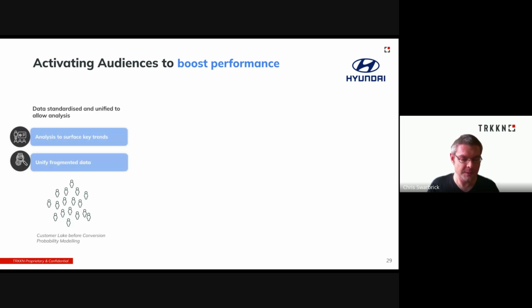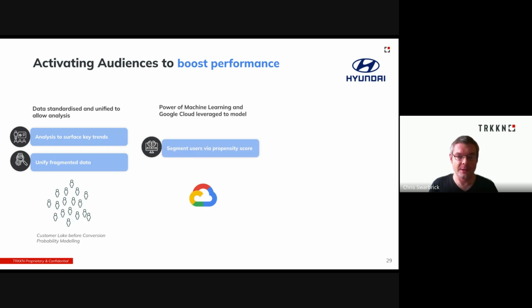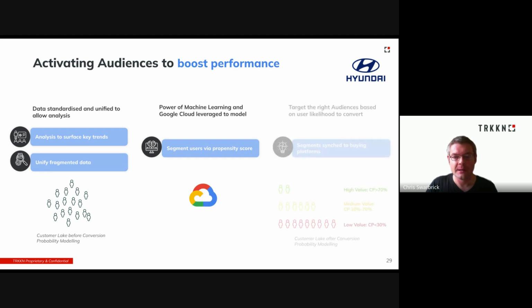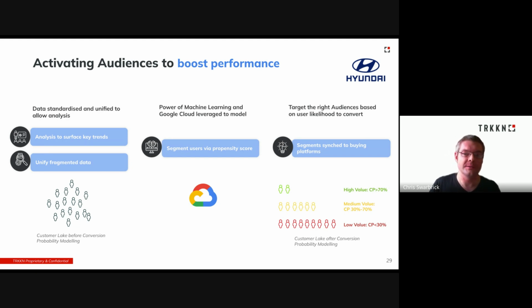So the first step was to bring all that information together and create a unified data lake. This created the richest possible data set from which to surface trends and signals. Next, these learnings based on historical data were used to build a predictive model. By utilizing AI, we could assign new visitors a propensity score, a well-informed estimation of how likely it was they would go on to complete the desired action. And then finally, these scores were used to group visitors into segments. So now, rather than just sharing basic remarketing or seed lists to Google buying platforms, it was possible to separate out those who we anticipated would be more or less worthwhile to focus on.